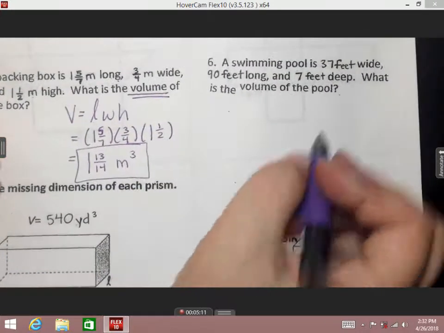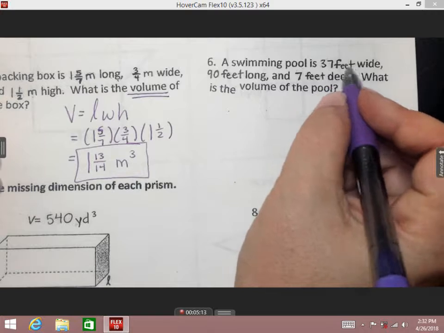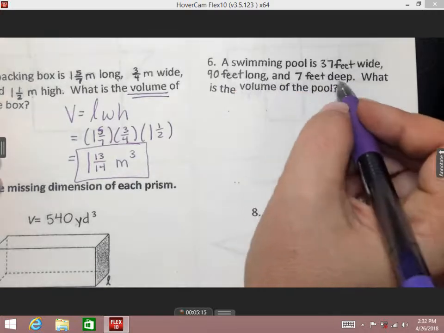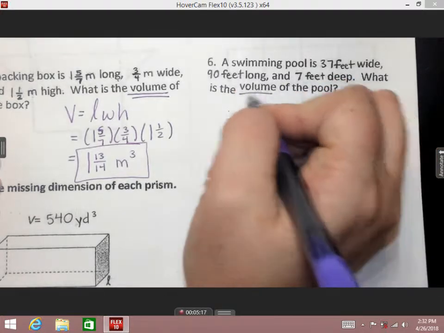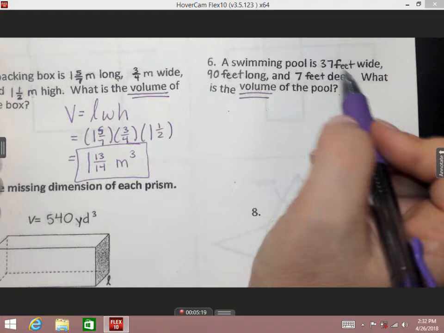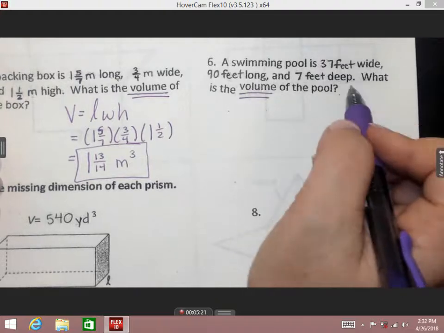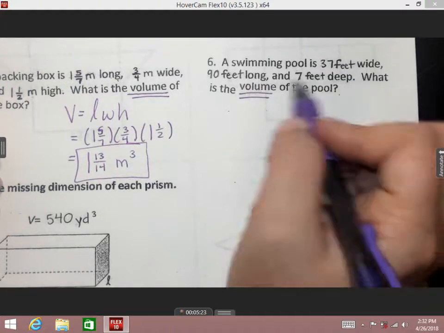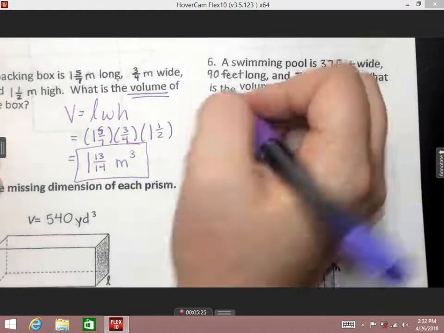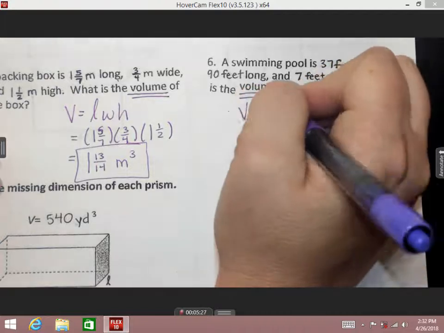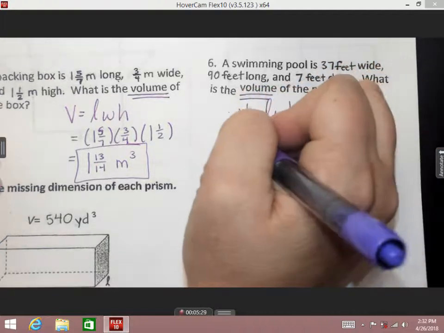On number 6, it tells me a swimming pool is 3 feet wide, 90 feet long, and 7 feet deep. It's asking again for the volume. Hopefully we noticed as we read that this time those numbers are in a different order. It doesn't say the long, the wide, and the height. It gives me the wide first. So when I use volume equals length times width times height, I'm going to choose my numbers a little bit